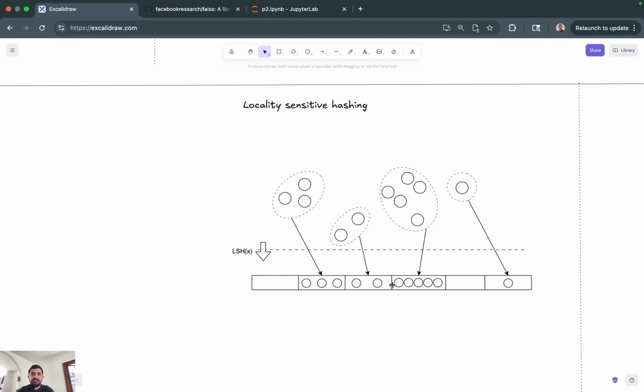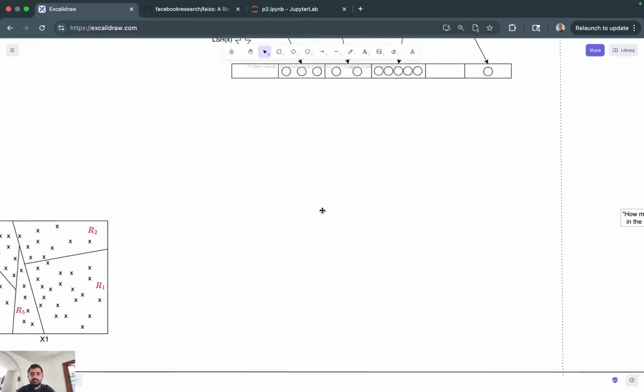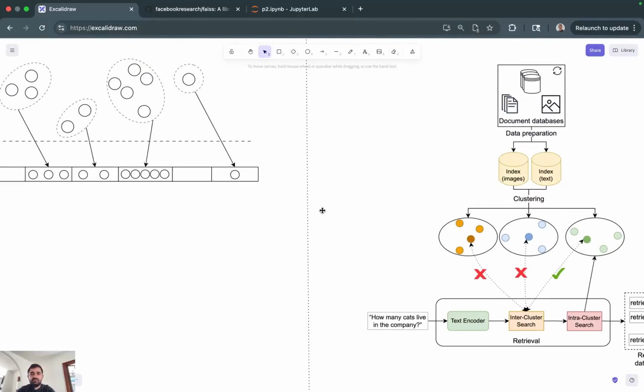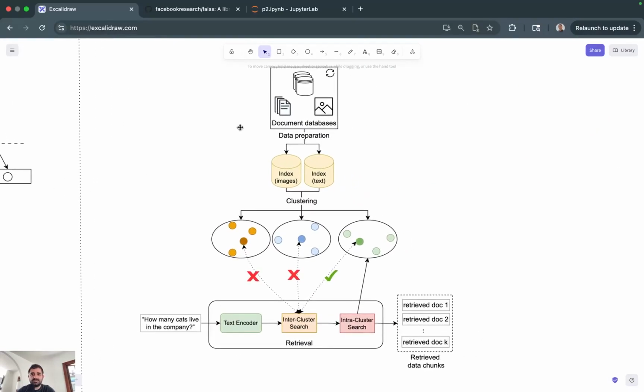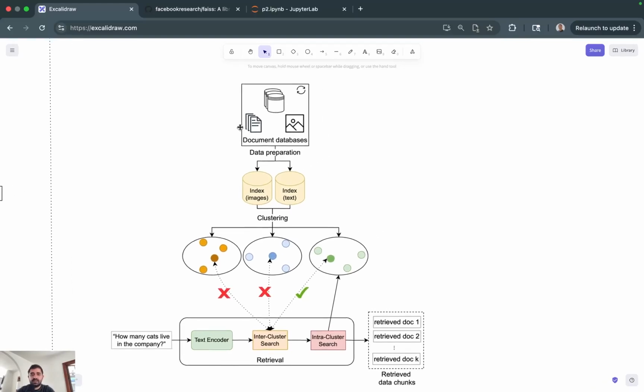So again, all of these algorithms are following something very similar. They just try to find a way to organize the points such that at query time, we only look for nearest neighbors within a certain cluster or bucket. So that's how we can efficiently run nearest neighbor to find the closest, most similar chunks to a query or text prompt. And this is the overall